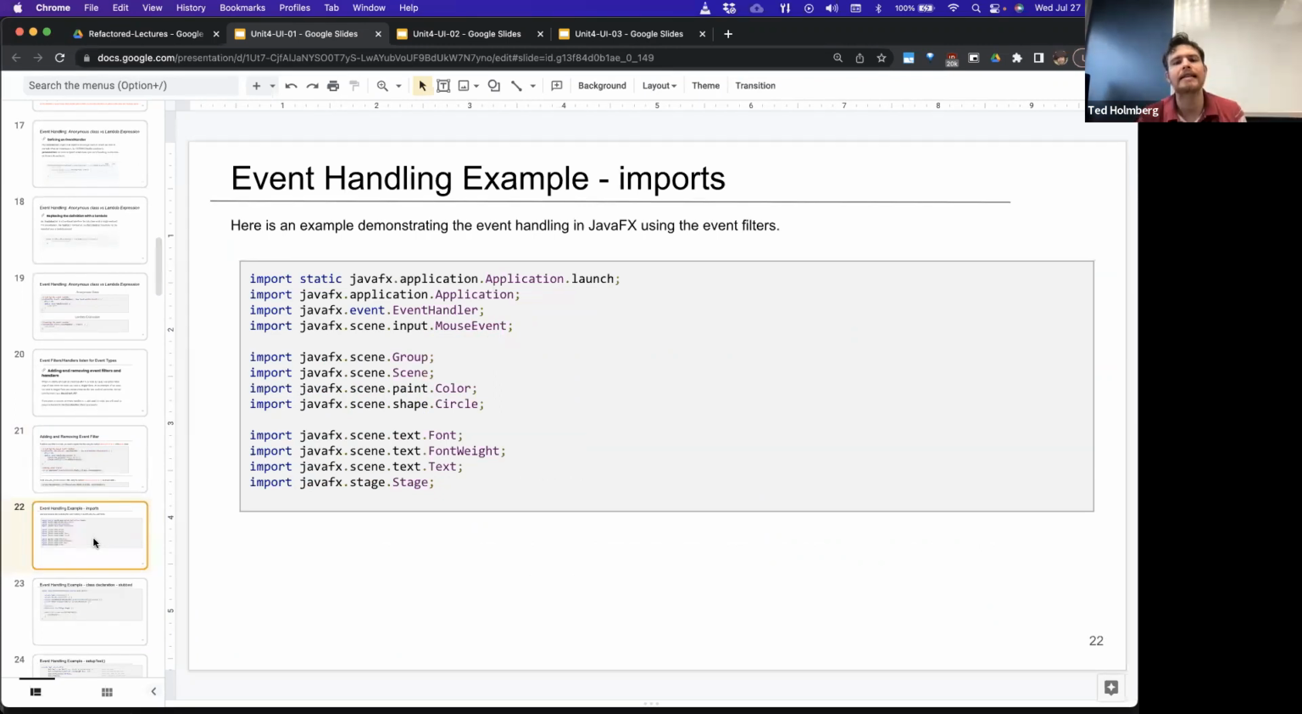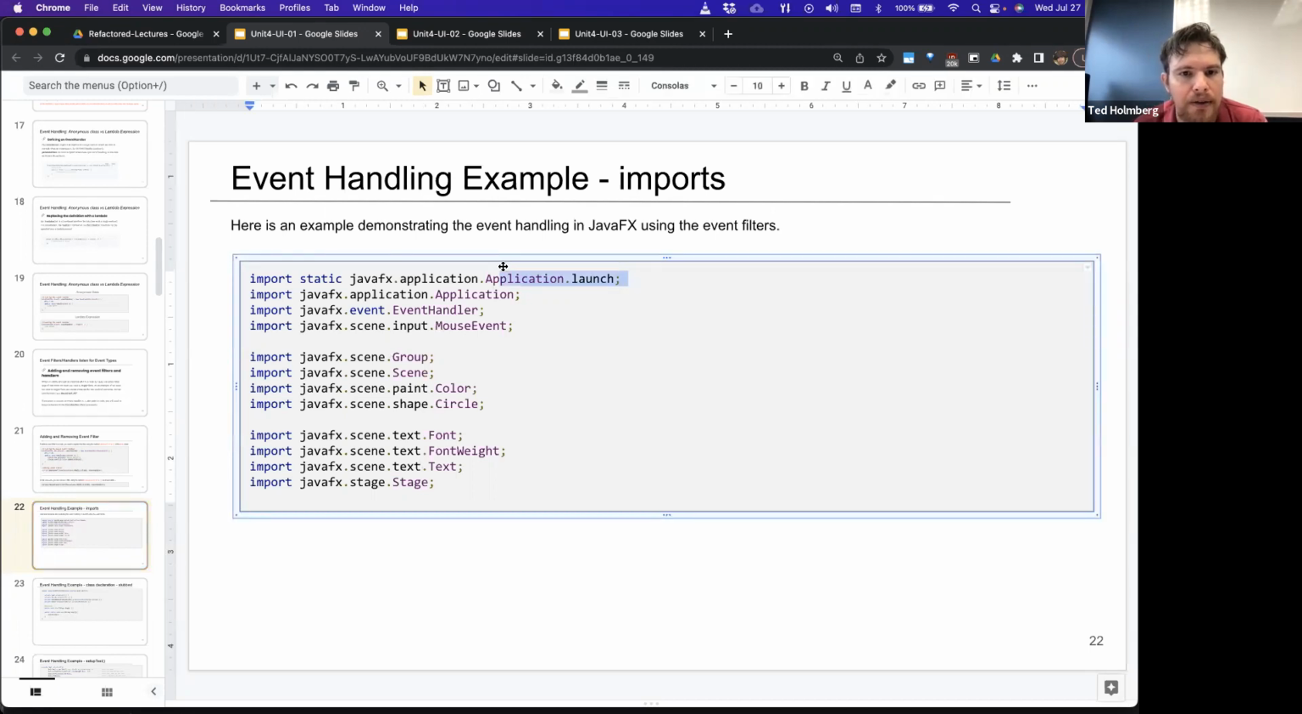Okay, let's look at an example program really quick where we actually go ahead and do this. The first thing we're going to do in the sample is our imports. Here we're going to import the launch method from Application. We're going to import the Application class, the EventHandler interface, and the MouseEvent